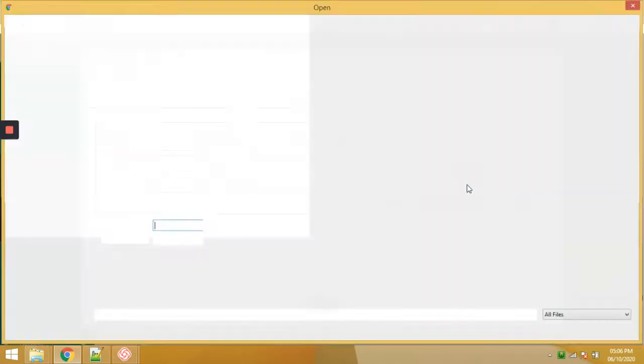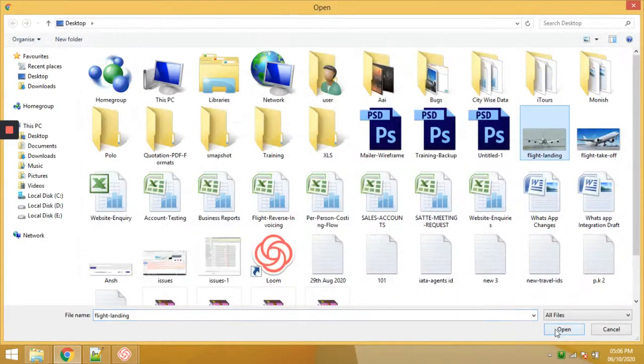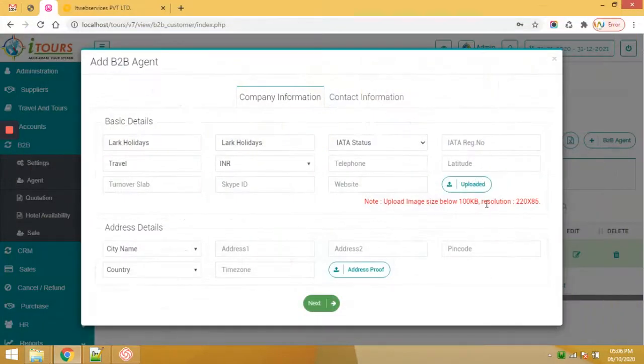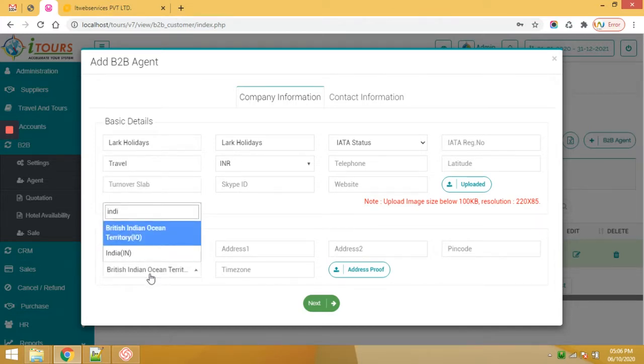So whenever the travel agent generates a quotation for the customer, his logo will be reflected on that particular document. Then city, address details, pin code, country, address proof.